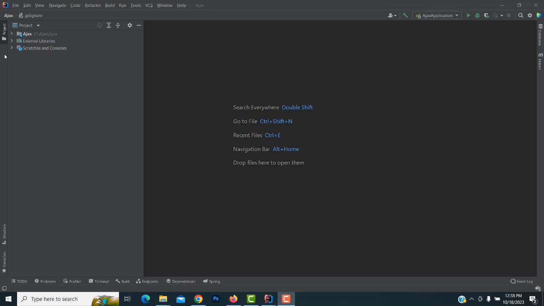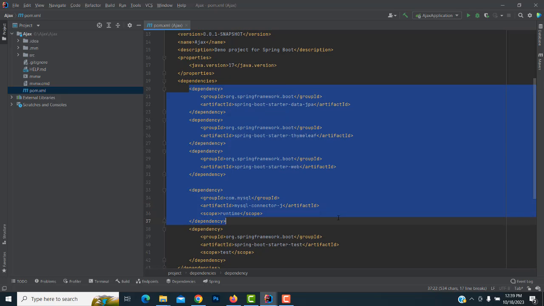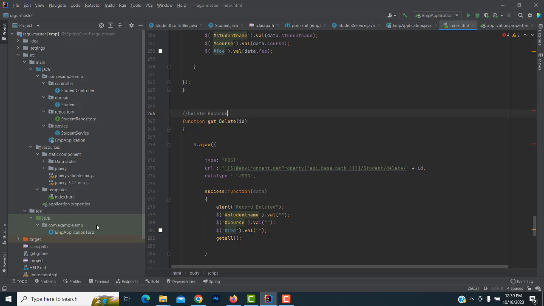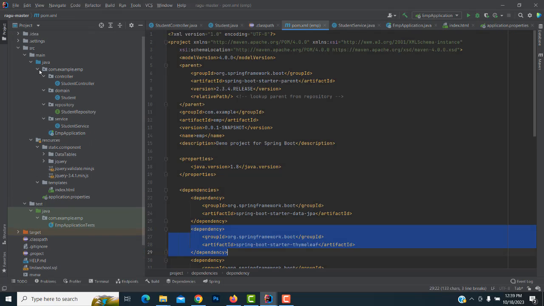Now this is how we have created the new project. You can see here all your pom.xml. You have all the newly created dependencies added successfully. These are the dependencies. Right. Now here I am going to explain the code. This is how we have made the pom.xml and all the things. After that, what I did here is